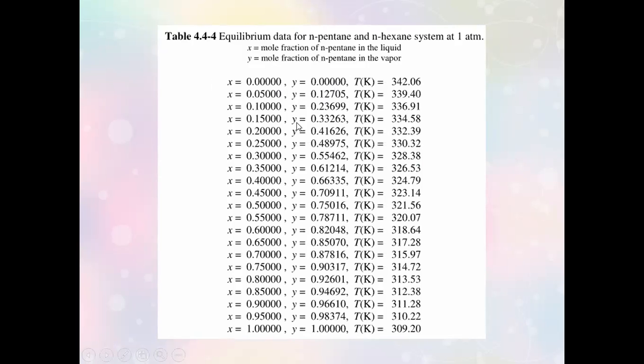The table ends with the concentration of X and Y with a value of 1.0, meaning here your liquid is already saturated with A, it's 100% A. Here your vapor is also saturated with A, which is already 100% at this temperature. How you're going to use the values written in this table will be presented in the next slide.